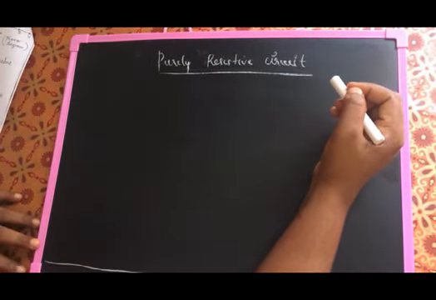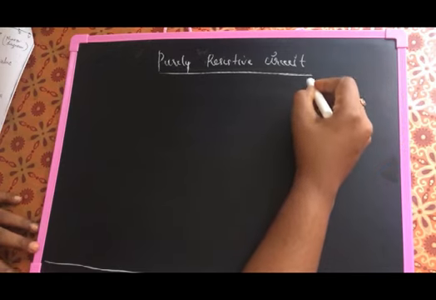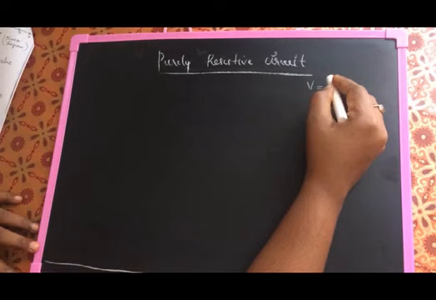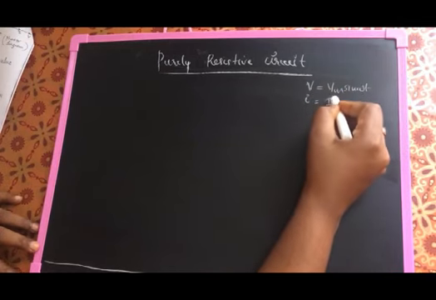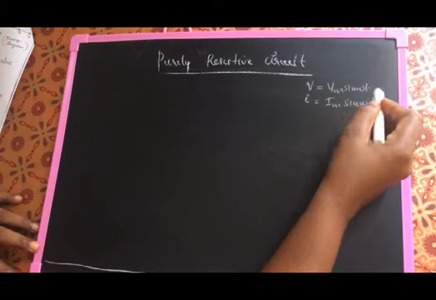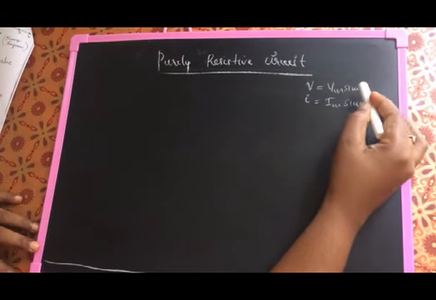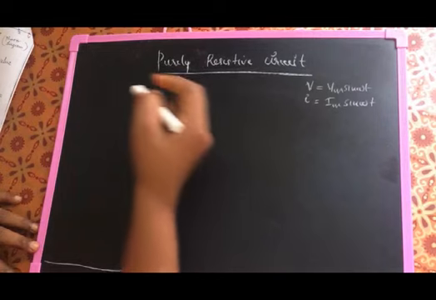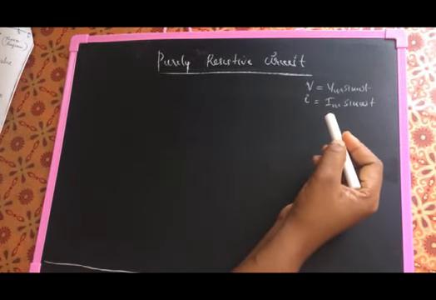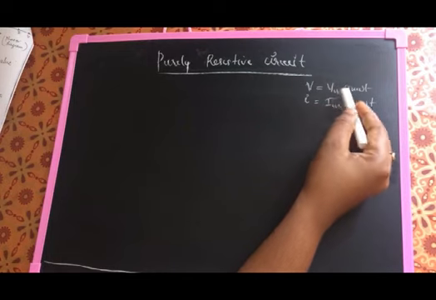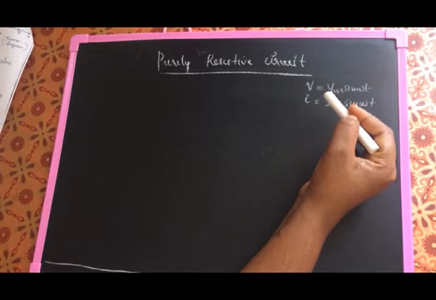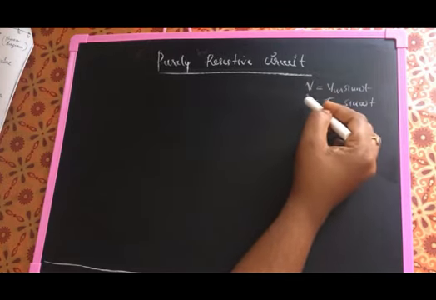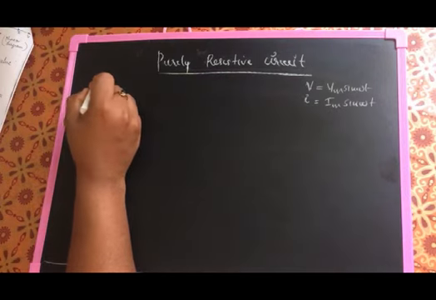Okay, so far we have learned about the purely resistive circuit. What was the equation? The instantaneous voltage, small v is equal to Vm sin omega t, and i is equal to Im sin omega t. Therefore both V and I are in phase by seeing these angles. From this, what are Vm and Im? Vm and Im are the maximum value of voltage and the maximum value of current, and small v and small i are the instantaneous value of voltage and instantaneous value of current.